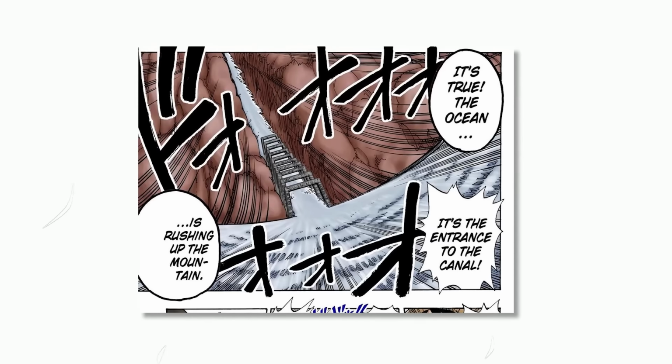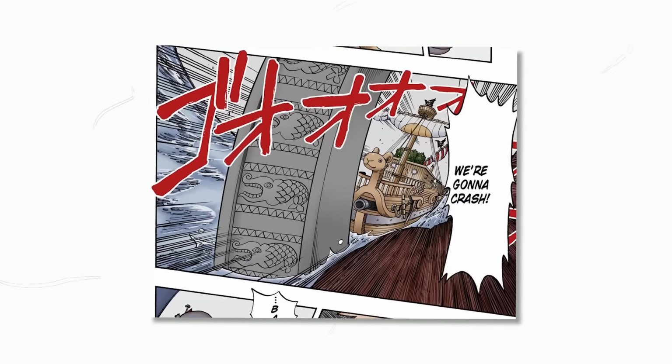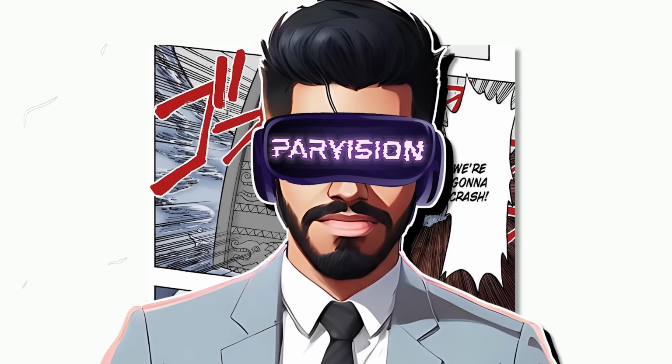I'm not sure what real world reference these arcs are inspired from, but it is kind of hard to pin down since they are kind of unique. But at the minimum, we see this image of a weird faced fish repeated all over it. Also, despite it being a winter island, when we pass through the Reverse Mountain with the Straw Hats, it seems